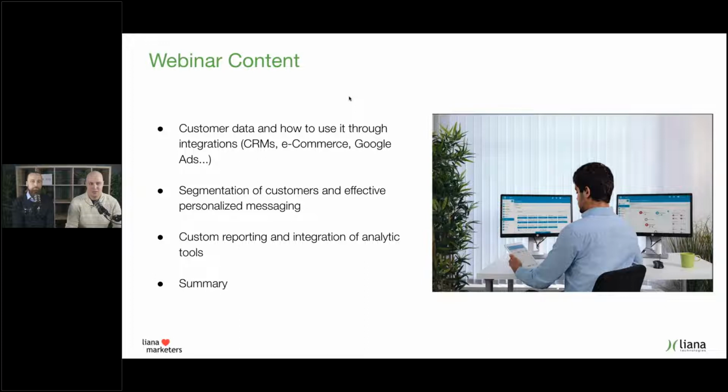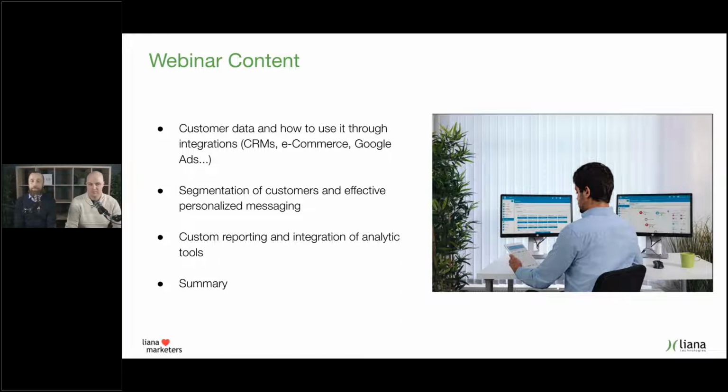But Jussi, tell us, what are we going to talk about today? Yes, we're going to talk about customer data and how to use it as a basis of marketing automation. We are going to talk about different kind of data sources, how to integrate to CRM systems, e-commerce platforms, and different social media platforms, for instance.